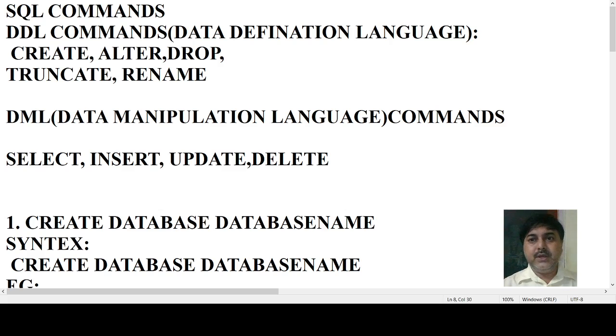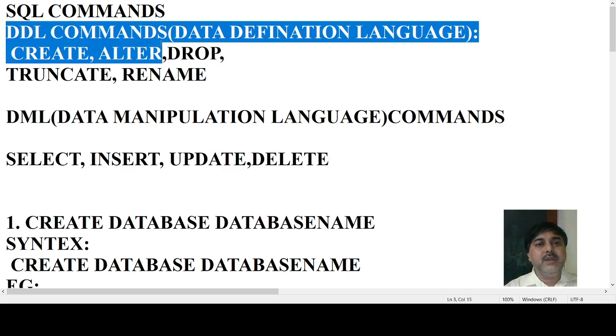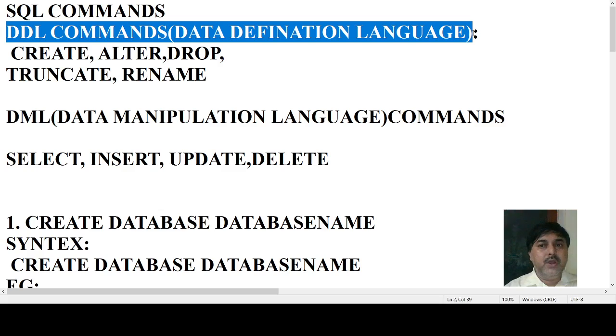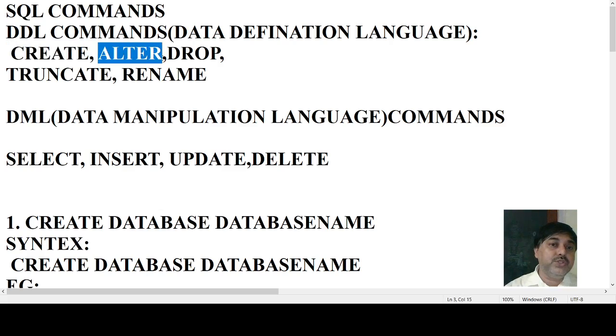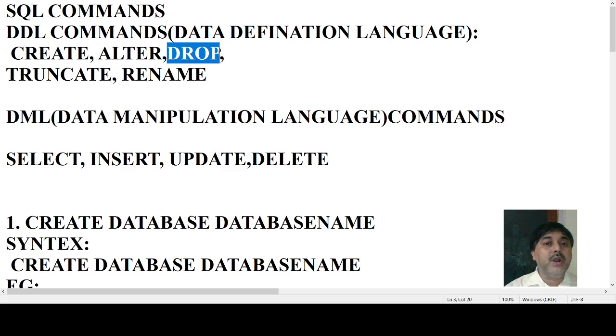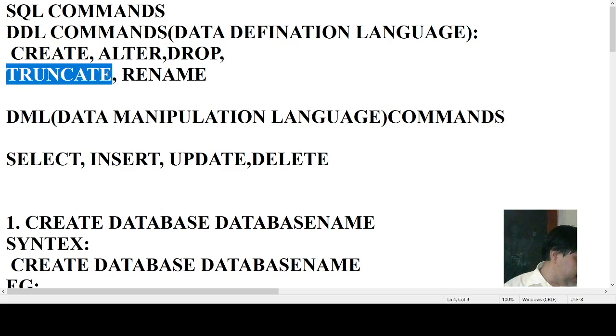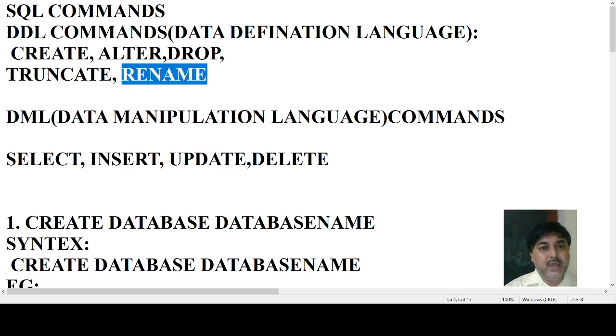So first, let us see those commands. The first is the SQL DDL commands. DDL means data definition language commands. In this data definition language, what commands can we find here? The Create command helps to create a table or database. The Alter command is used if you want to change anything. The Drop command is used to delete. The Truncate command will help you remove the table records from the structure. Rename, if you want to rename anything, then we can do it.